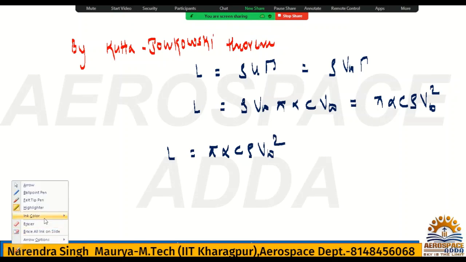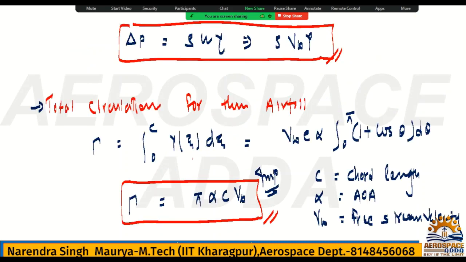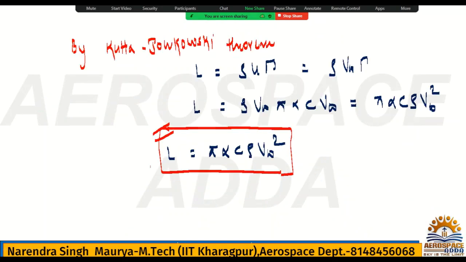For all the formulas I am giving here, if the derivation is small, I derive it. If it is lengthy, I write a few steps directly, like I told you here, because going through the derivations is very lengthy. So I have shifted directly to this, and better you also do the same. For the full derivation, you can go to Fundamentals of Aerodynamics. Due to time shortage, I am not deriving everything, but I am writing and deriving the important points. So this is the lift, and a very important question will be asked to you. Always remember, this is the lift calculation for the thin airfoil. It is nothing but pi alpha